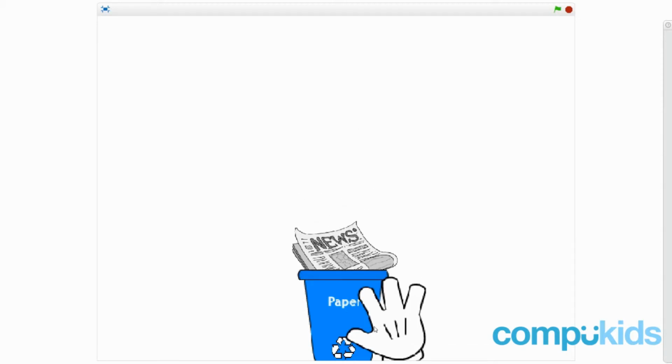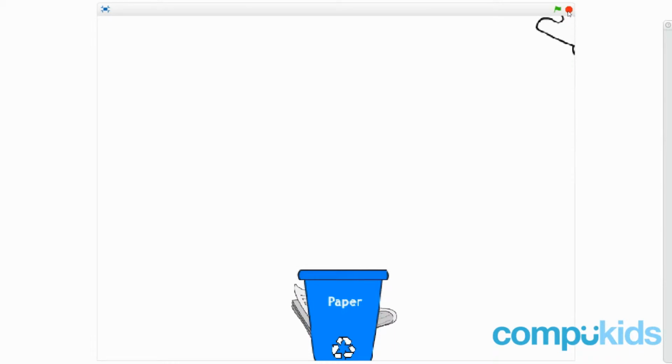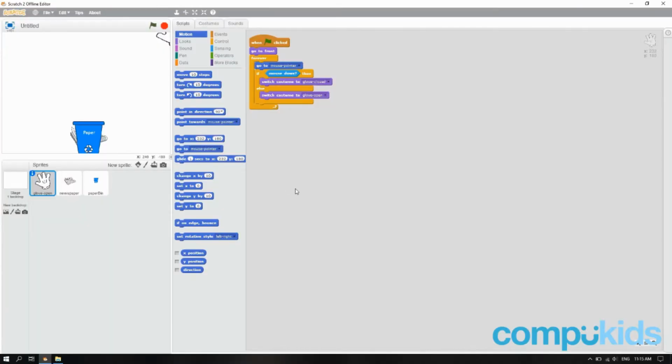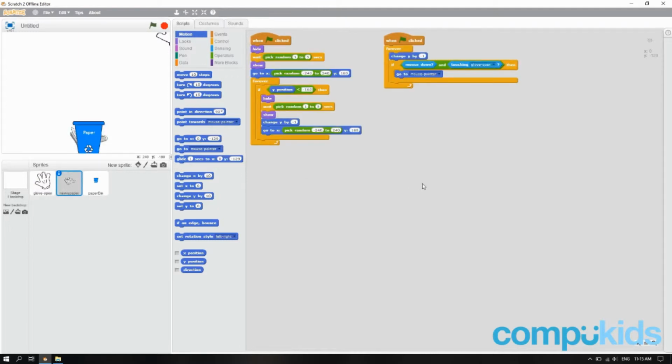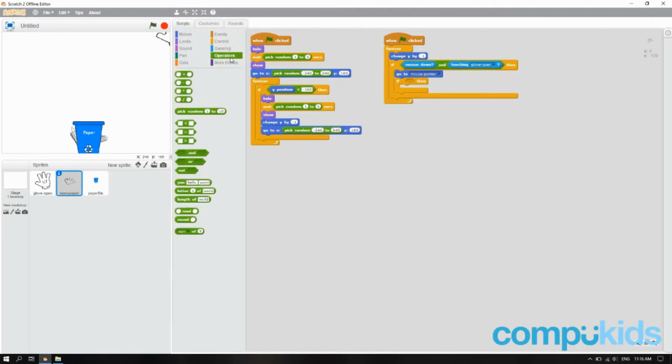But nothing happens when we place it in the bin. It just keeps falling. Let's stop our game and exit the full screen. We head back to the newspaper, and we're going to grab another if-then piece. So back in Control, if-then, we're going to head back to Operators, grab an AND piece,